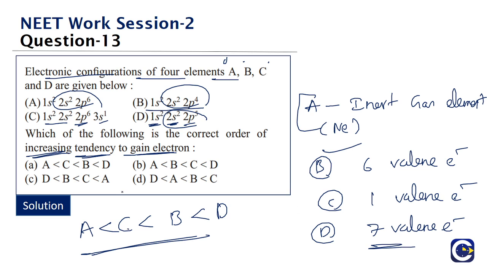The least is going to be the inert gas. So what is the correct answer for this? It is option A. Inert gas will have the least tendency to gain electron. And halogen, the 7 electrons, this is the halogen. We know what is the element also. This is the fluorine. B is oxygen. And C is basically sodium. Okay, because these are all the atomic numbers that we keep using quite often, right? We will be able to remember these elements also that way. But here we are answering the question by looking at the valence electrons, because valence electrons will give us an insight into the tendency of that particular element to gain electrons.